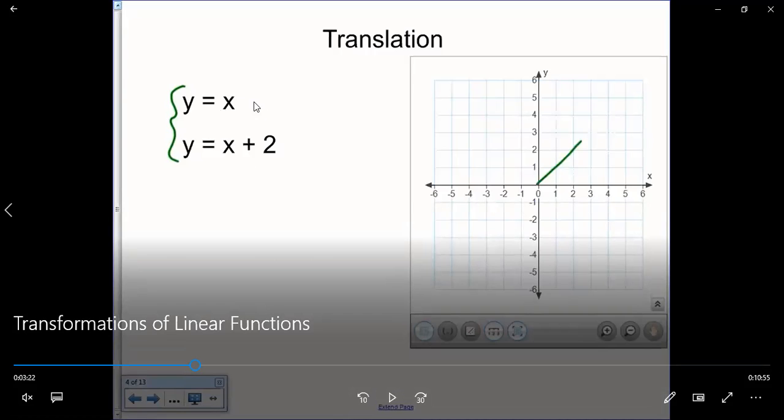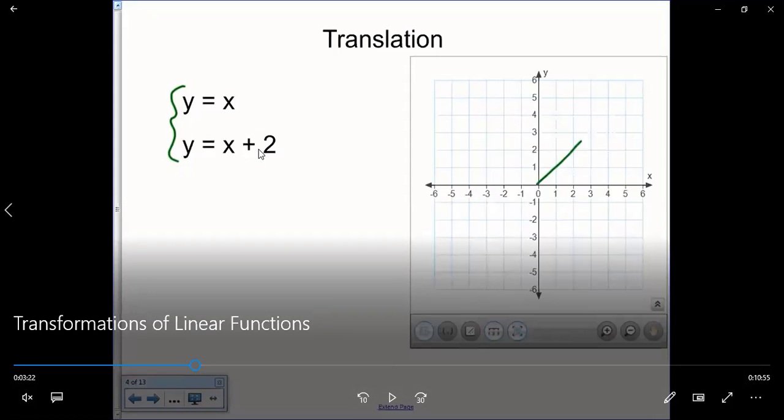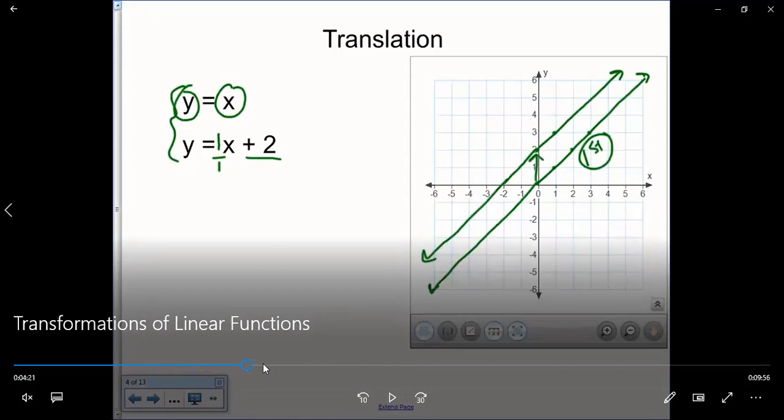What is the y-intercept for the first one? 0. What is the y-intercept for the second one? 2. Then I'm going to represent them graphically. On a normal graph, you will find ordered pairs or use rise over run, and then you will represent them graphically. You will note that the line slides up 2 units, or the line is shifted up 2 units. Okay, then we will stop with this point today because we don't have enough time to